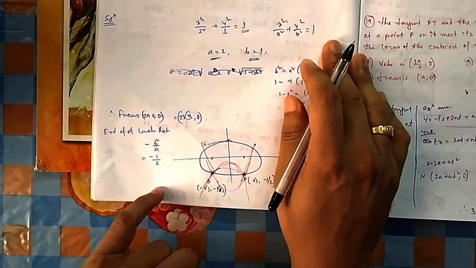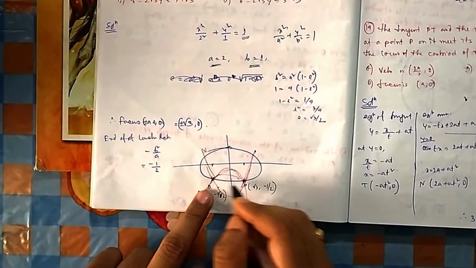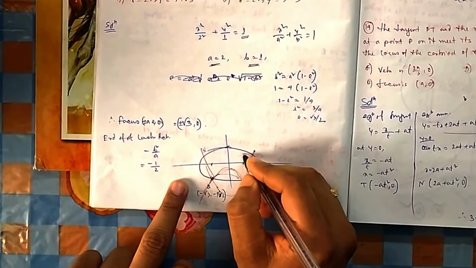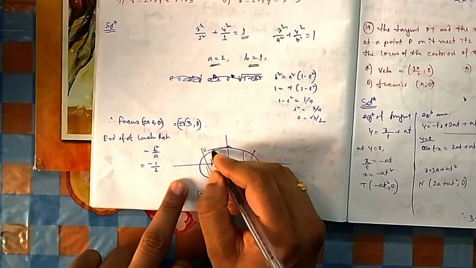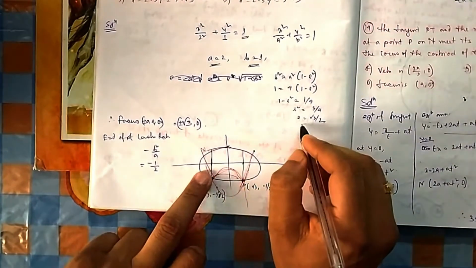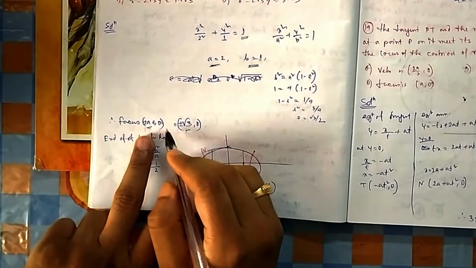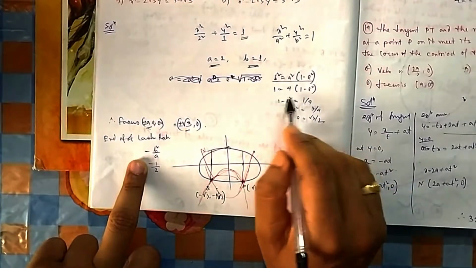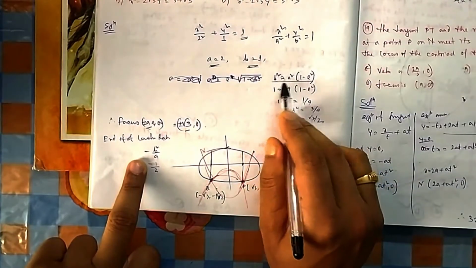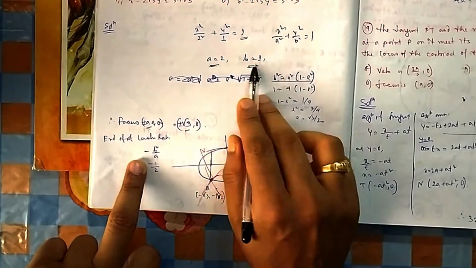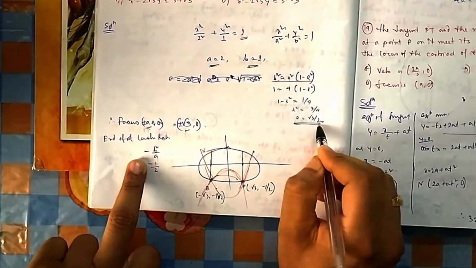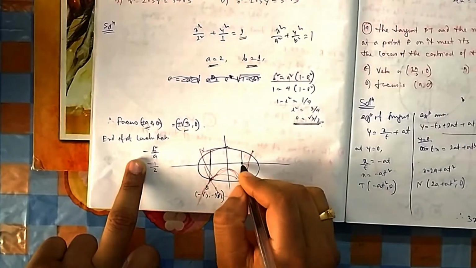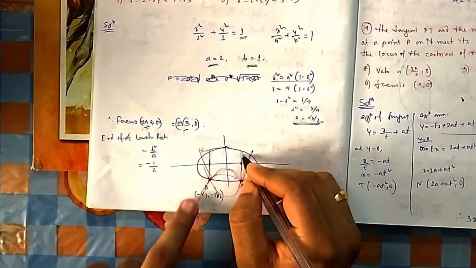Okay, so they are asking P and Q are the two points. So obviously P, Q take two points, and these are the end points of the latus rectum. So what is the latus rectum of an ellipse? Again you draw the focus. So these are the foci. The focus is nothing but (ae, 0). What is e? e is the eccentricity. These formulas you will learn in ellipse, for now you just remember it. So this is the formula to calculate e: b square equals a square into (1 minus e square). One relation is there between these two and the eccentricity. Once you know the eccentricity, you multiply with a and you will get the focus, these points. So this is (√3, 0), this is (-√3, 0). So the latus rectums are these.